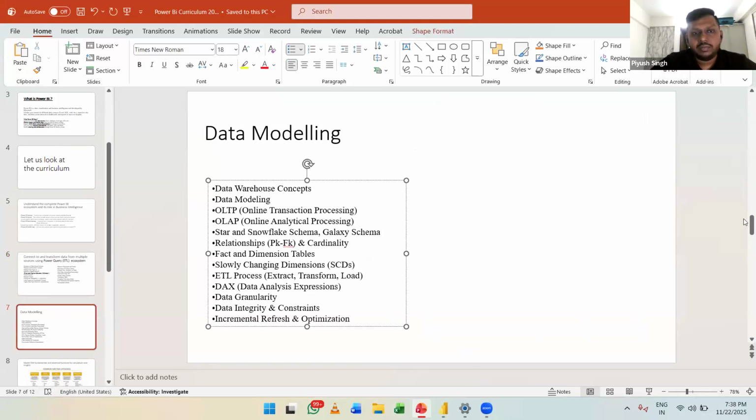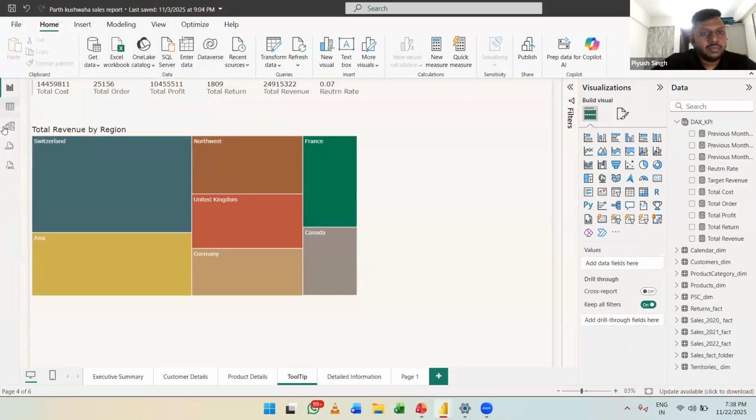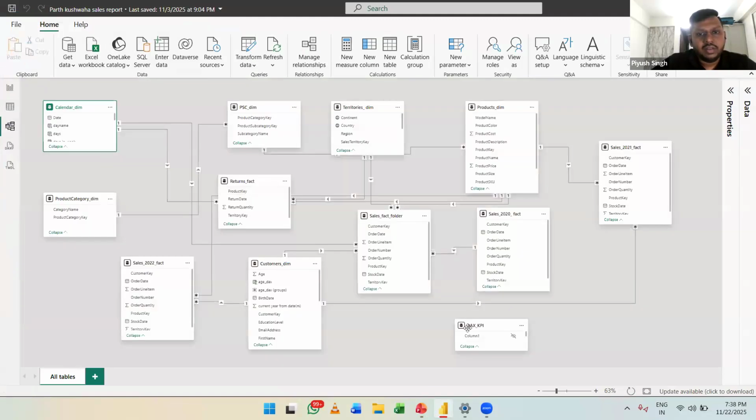When I moved to the data modeling part, we were dealing with data warehousing concepts, modeling, OLTP, OLAP, star schema, snowflake schema. Now, what are all these things? These things are nothing but modeling. Let me show you what modeling is. This is what modeling looks like.